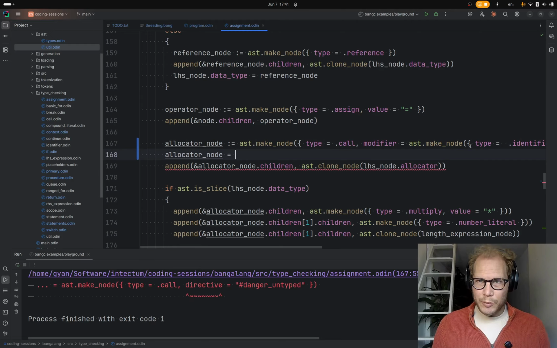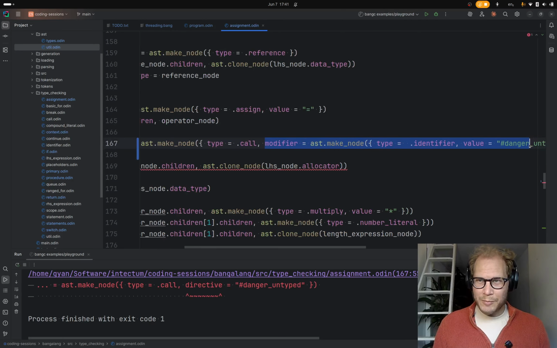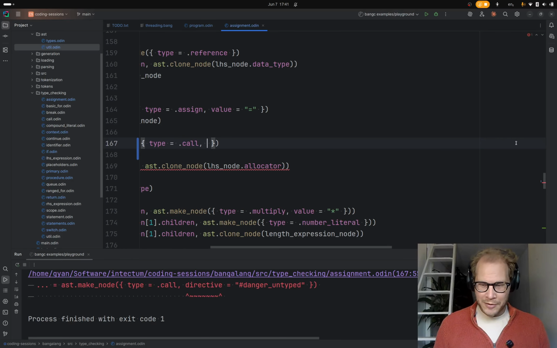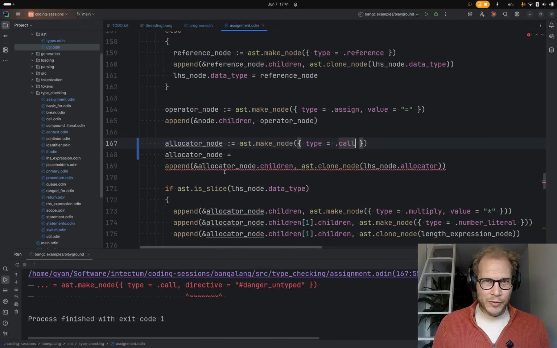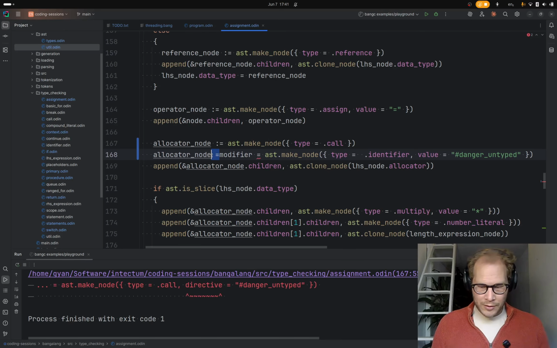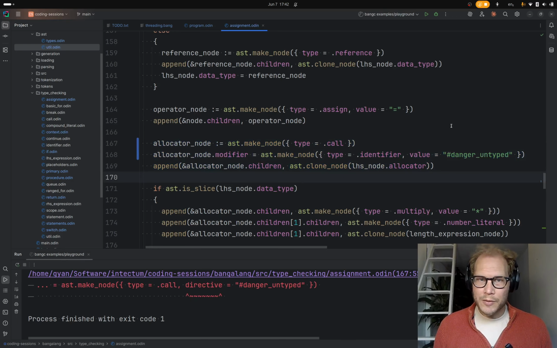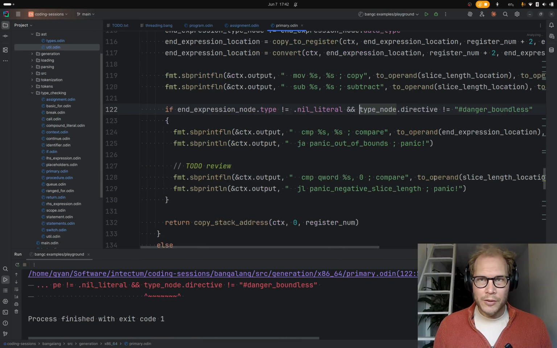I feel like I'm getting a bit too comfortable with really long lines. Maybe I should prevent that a bit. So the modifier is that. Danger untyped identifier node.